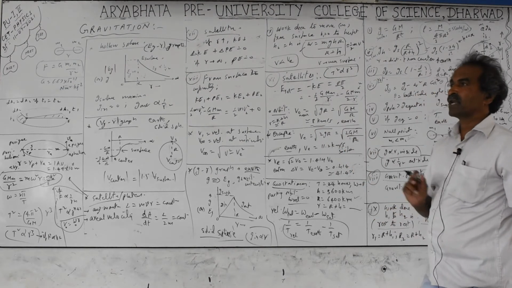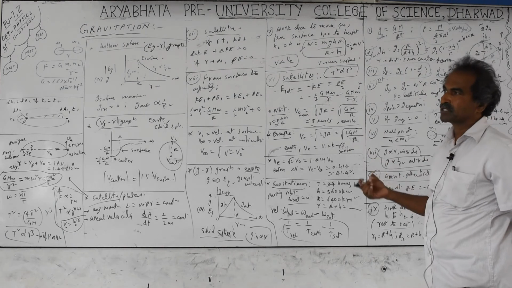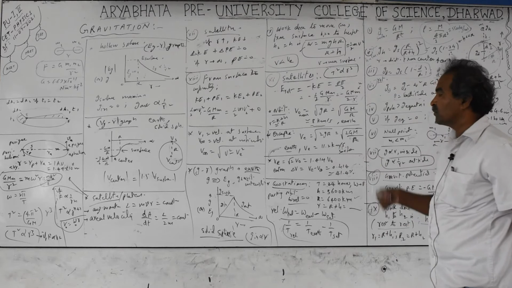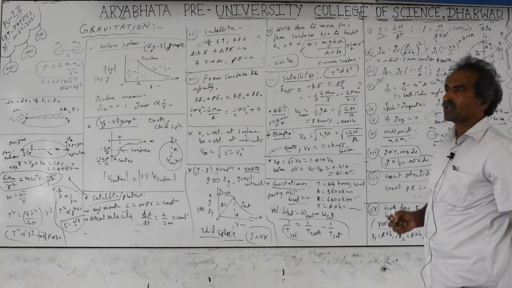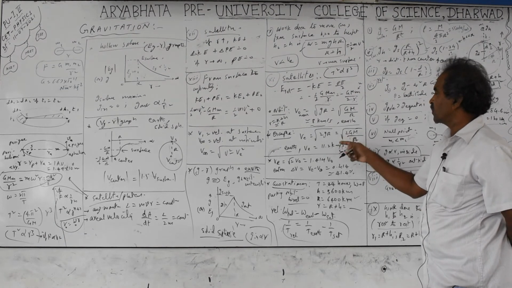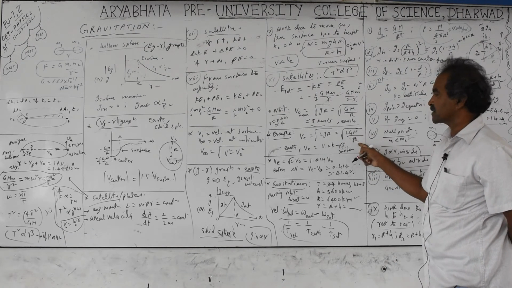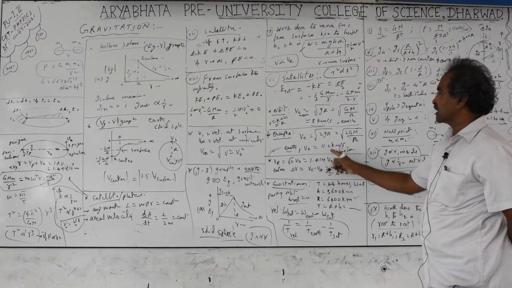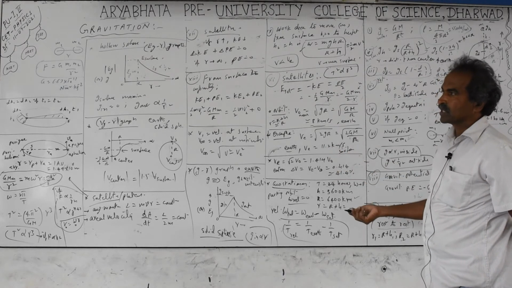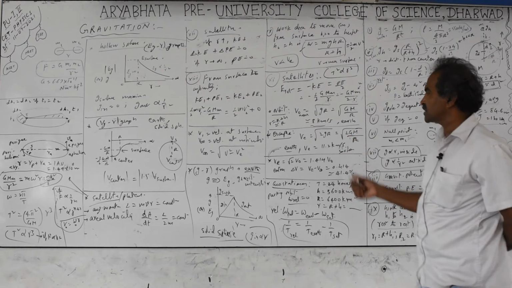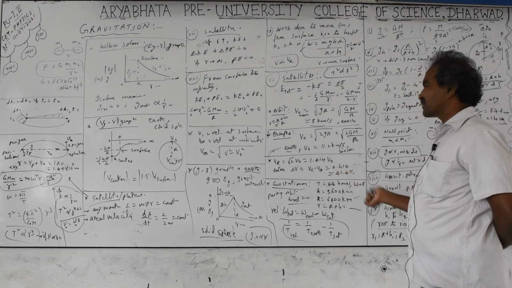Earth has an atmosphere because the RMS velocity of air molecules, even at the high temperatures of the Earth, does not cross this 11.2 km per second. For the moon, the escape velocity is very less, approximately 2.5 km per second, because the moon's mass is less and its radius is also less. Due to that reason, air molecules on the moon's surface, even if you produce them by chemical reactions, don't stay there, because the escape velocity of the moon is less than the RMS velocities.